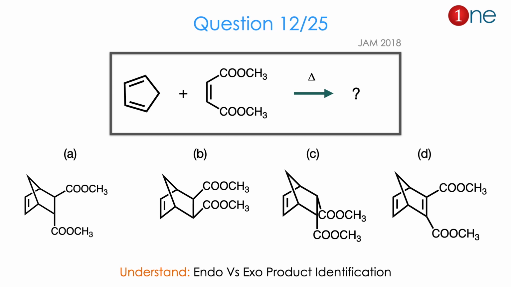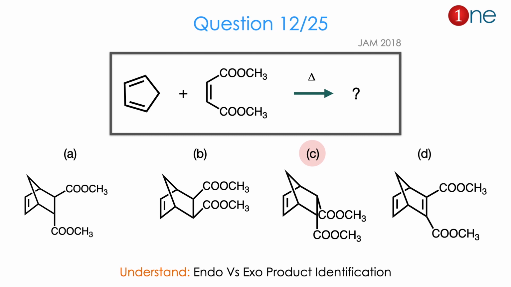Then let us look at the next question. The starting material is a cyclic diene with an ester there. They ask you to find the product. Here they have given the endo versus exo product. Even though we have already seen this kind of question, these things are repeating all over the exam. So you have to guess whether the products are endo or exo, or cis or trans. From the question to product, you might realize the question is really about endo versus exo product identification.